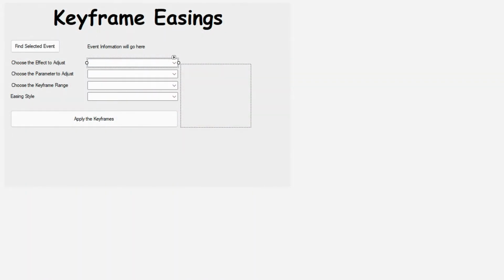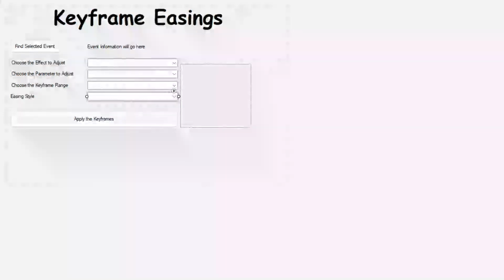This is not going to have anything in it. This is not going to have anything in it. This is not going to have anything in it. This is going to have the list of styles, and it's going to say none have been selected. You could then select a style at that point, but it would still do nothing because no events have been